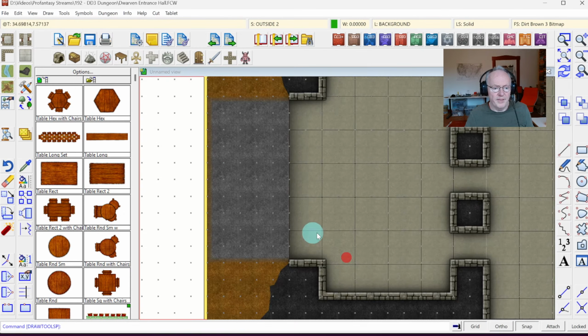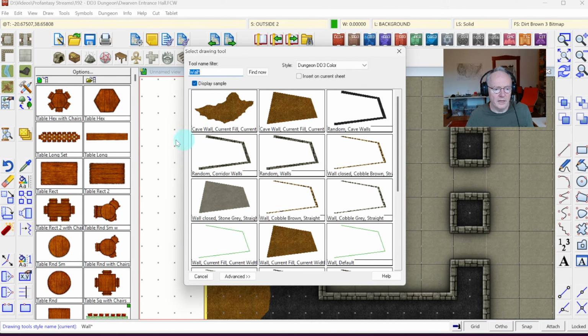So I'm thinking this is obviously a bit wide for one gate, so I'm thinking we've got a set of multiple doors with some walls in between. But then I do need a bit of wall section to set off these gates. So I'm gonna click my wall drawing tool and right click to get the different selections,